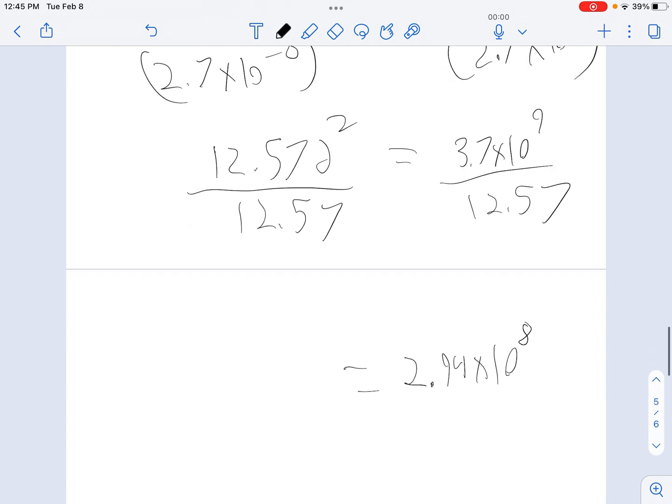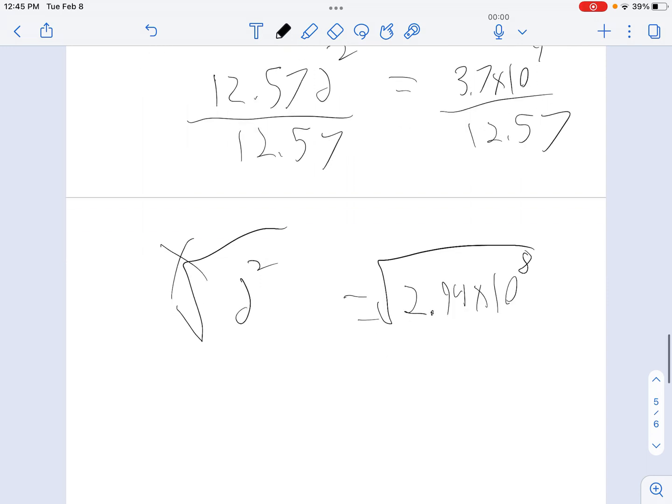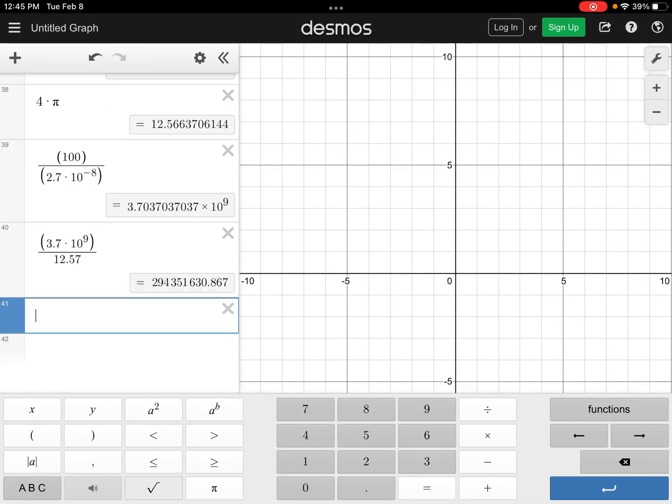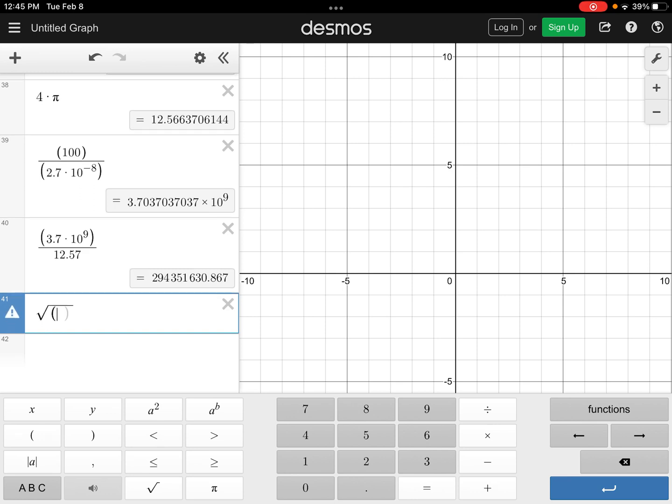So that's what we have on the right side, and then we have d squared on the left. D is not by itself. In order to get rid of that square, you do the square root. Whatever you do on the left side, you must do on the right side. All right, these cancel each other out, and you get d equals the square root of 2.94 times 10 to the 8th, which you hit the square root button, and you do